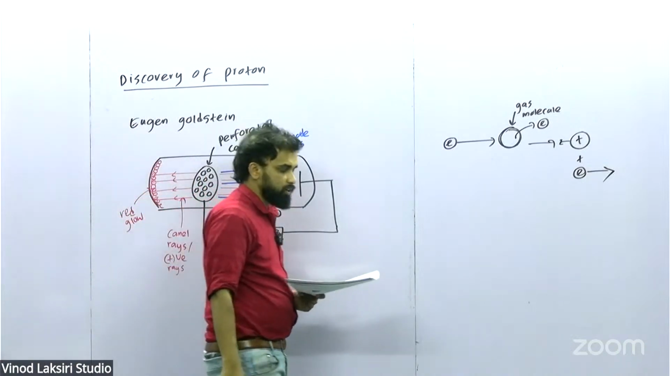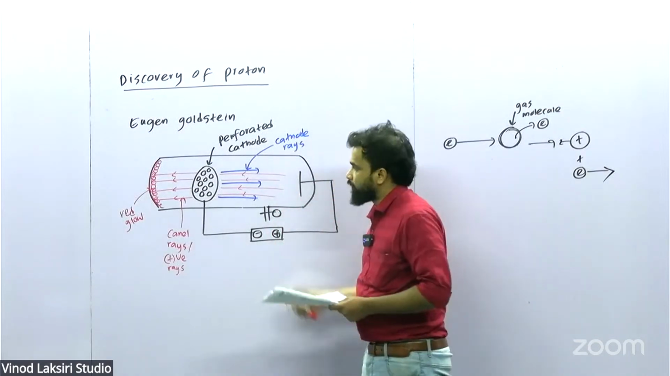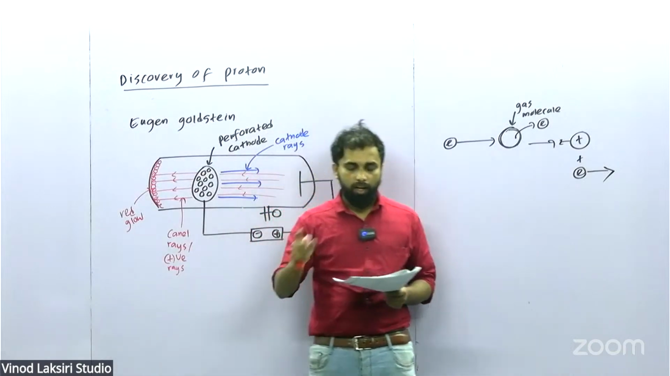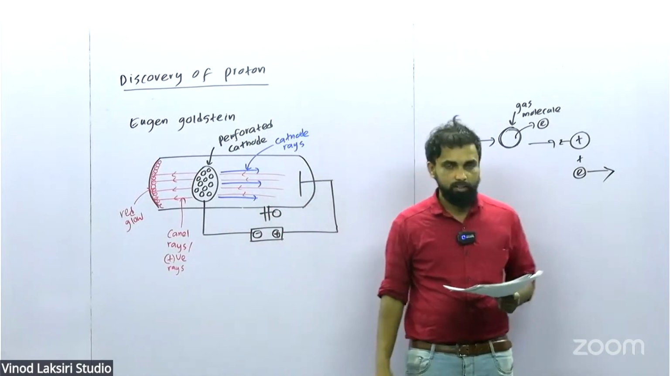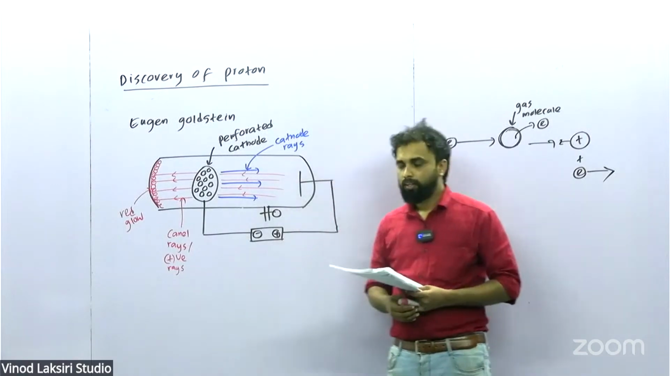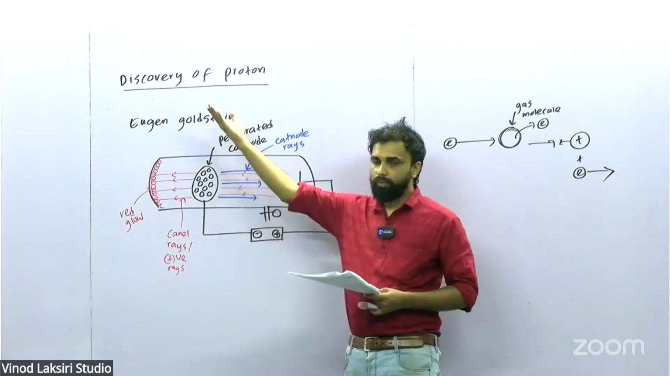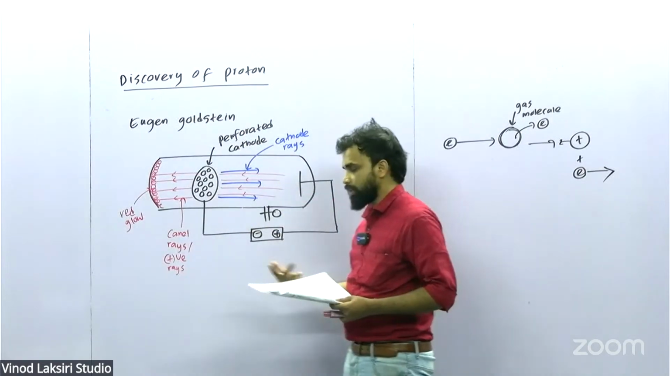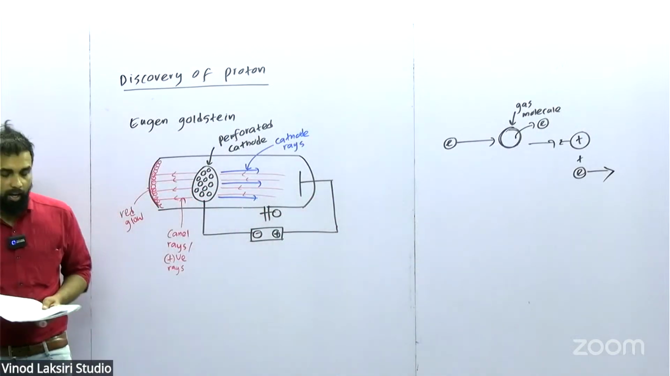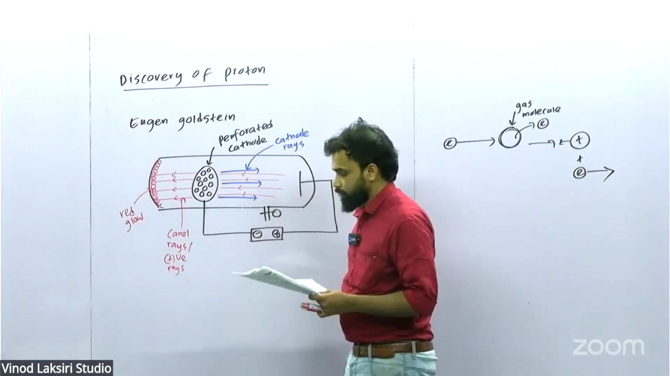Then the last one, when a magnetic field is applied, the positively charged radiation deflects, and the deflection is opposite to the deflection of cathode rays, right? That means if cathode ray deflects like this, then this radiation deflects in the opposite direction. It can be explained by using Fleming's left-hand rule, right? And similar to the J.J. Thomson